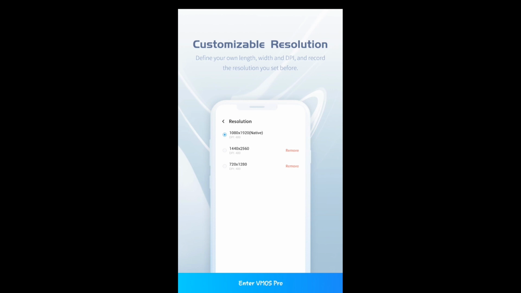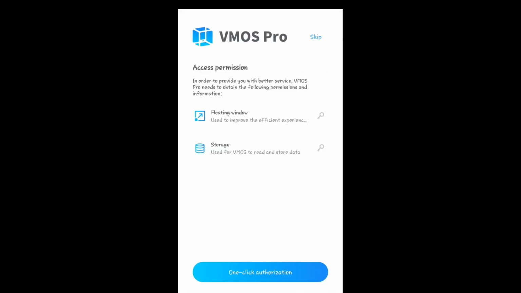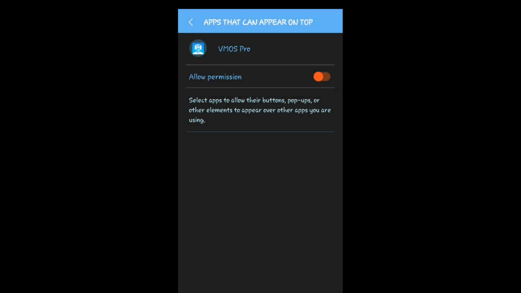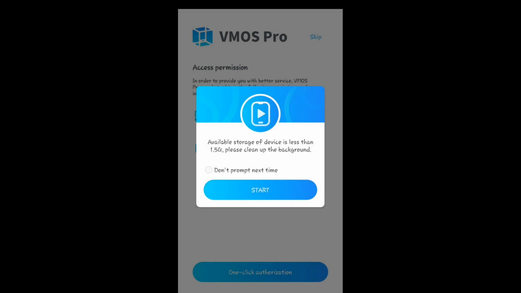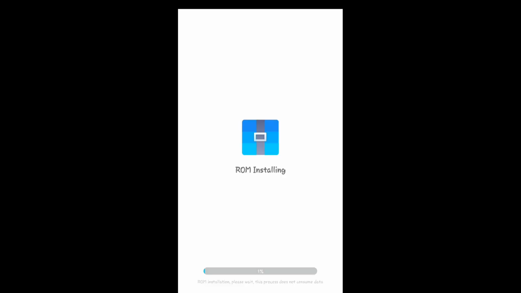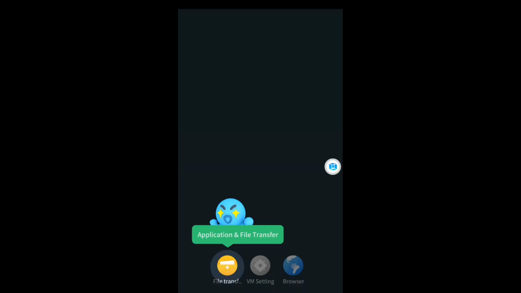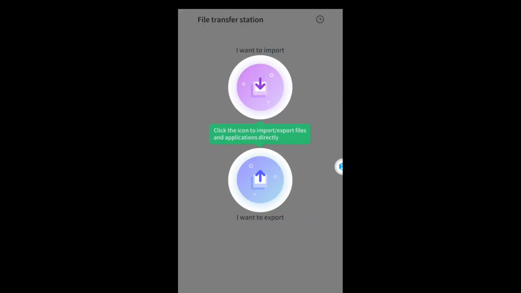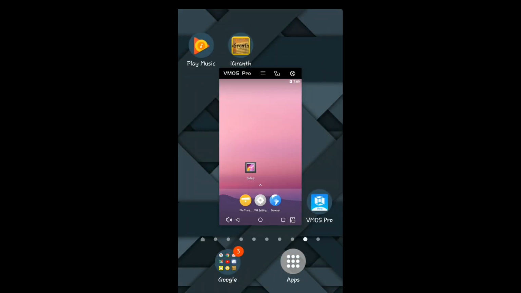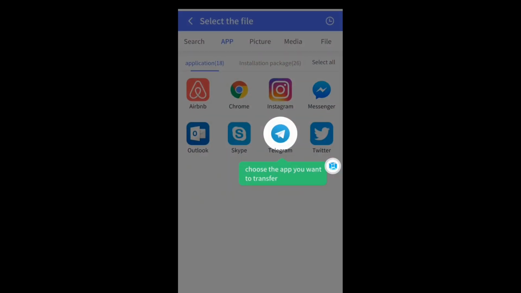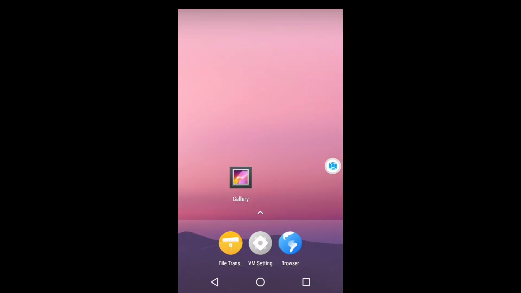Simply you have to give it permissions now, and you can also use APKs in this virtual emulator app. So give it permissions and press on allow, start. If you want to use Google apps, you have to install inside this Vimos app, and if you wanna play games which don't work on Google, you can install them in your Android 10 system. And inside this emulator, Android 7.1, Nougat version, is available.